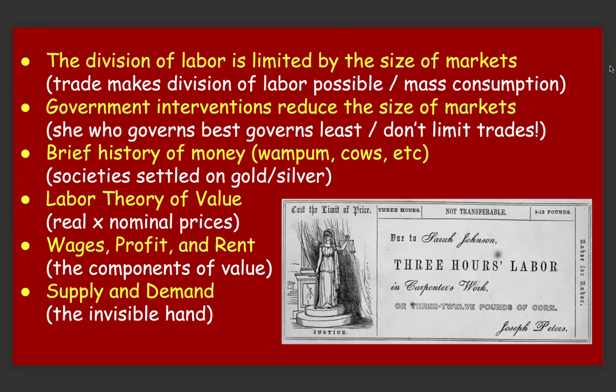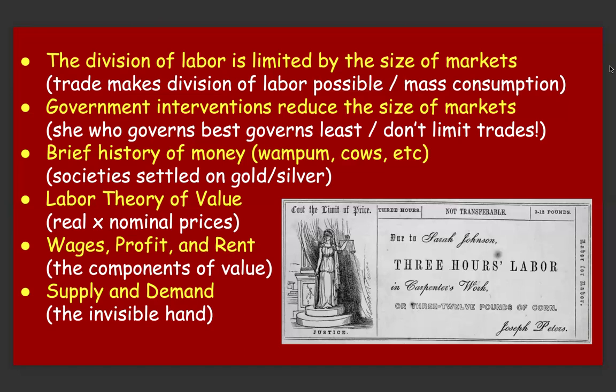In one of the chapters, Smith briefly explains how we eventually settled on gold and silver, starting from all sorts of different experiments. I mentioned corn on the last slide. But one of the first kinds of means of exchange we know of is wampum. And wampum is a shell that you find on the beach. And indigenous tribes would use these wampum shells as a means of exchange, right? People used cows, animals, or corn, as I mentioned.